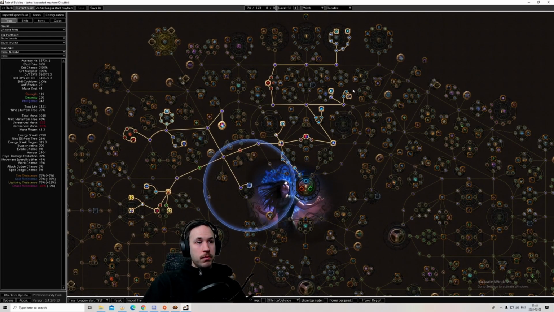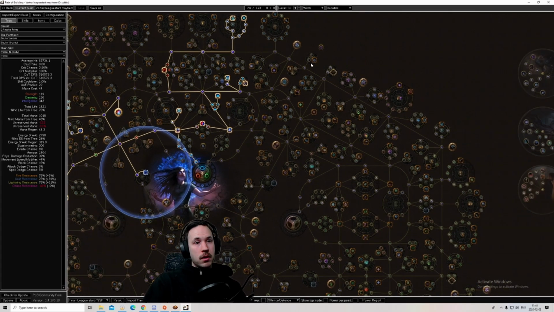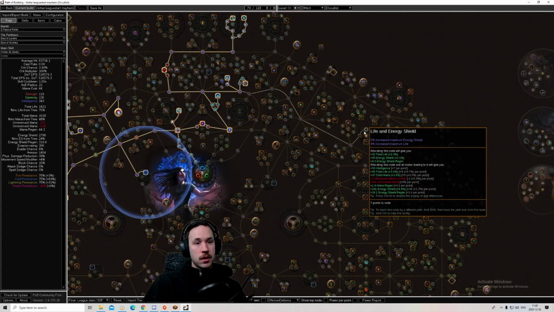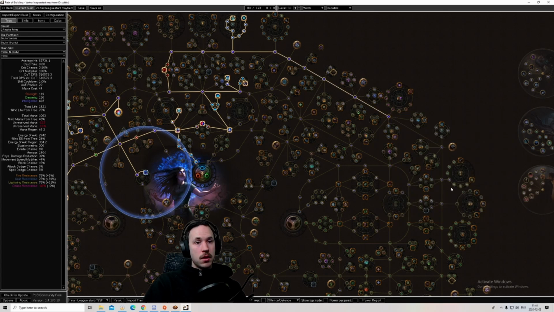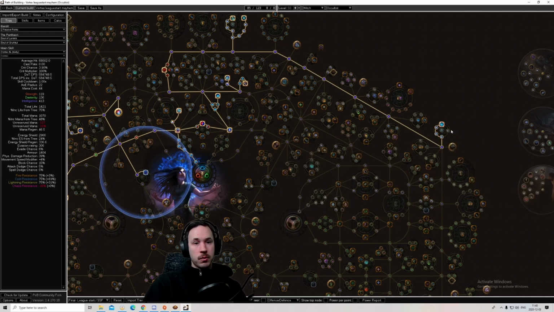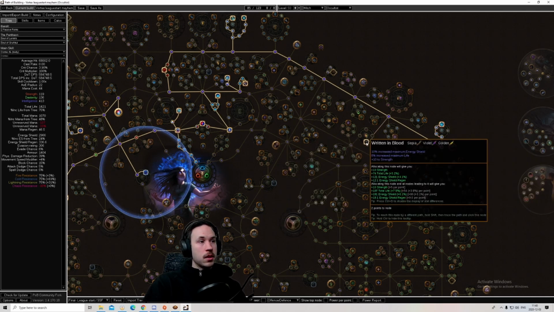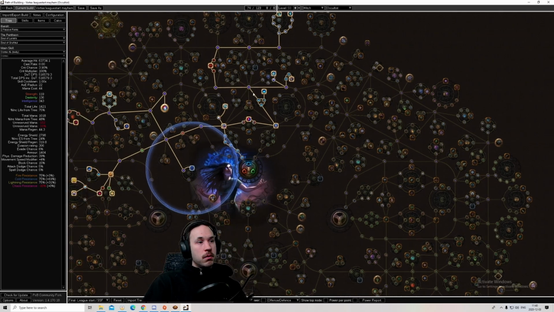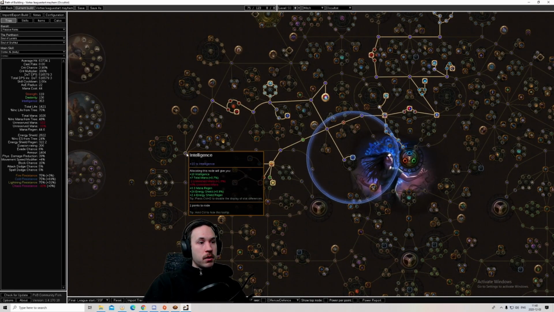It's a toss-up here. Either we start going down here, grabbing Fingers of Frost, going into these hybrid nodes. That might be what we're doing. So going this way, get the cold damage multiplier there. You can also pick that up, it's cold damage at least. Then grab that. So that would basically be the next step in this tree until I'm level 64 in game. Or we could go the other way and we could go down here